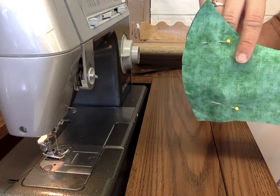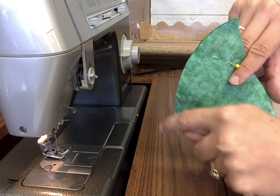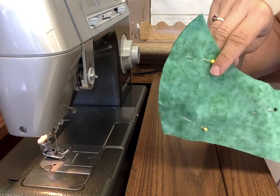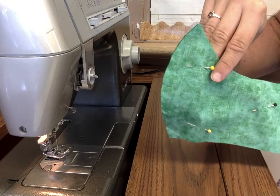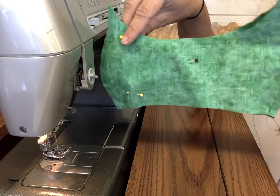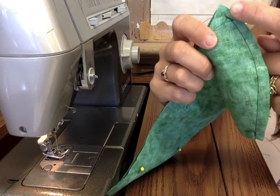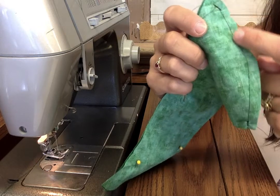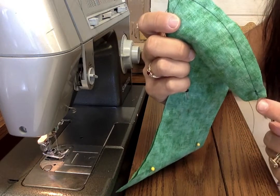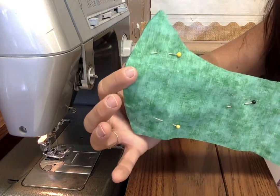All right, so the next step is going to be to sew the two curved edges. So you want to have a 1/4 of an inch seam on each edge. I'll explain what that means in a second, but I did finish one already so I could show you what you're going to do. I just did it ahead of time. So you're going to be sewing just this one curve here to there. So I'm going to walk you through the other side so you can see,